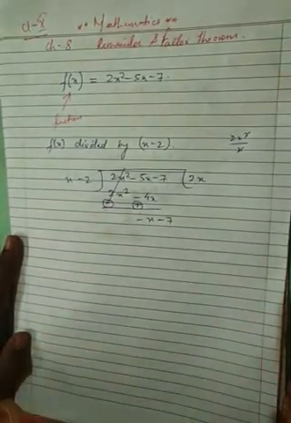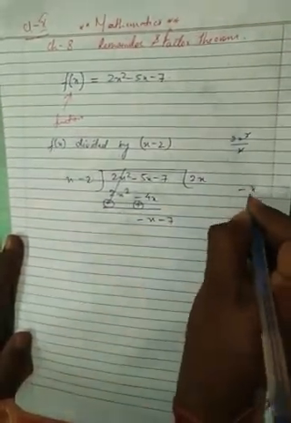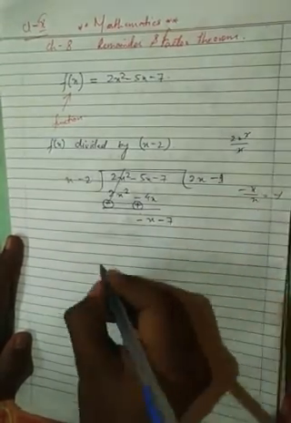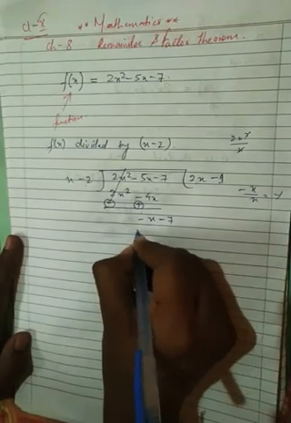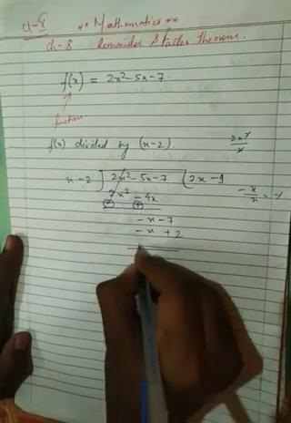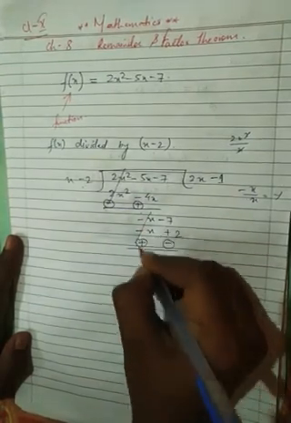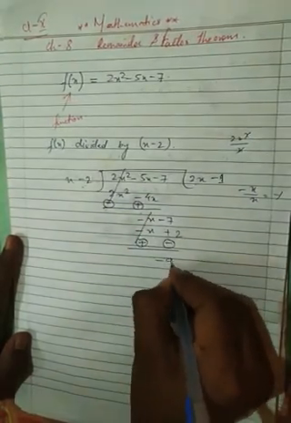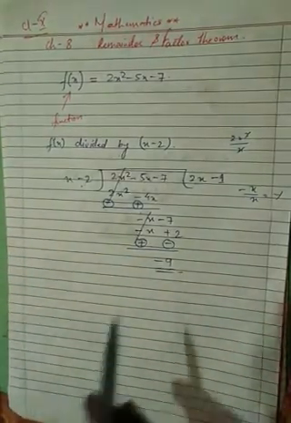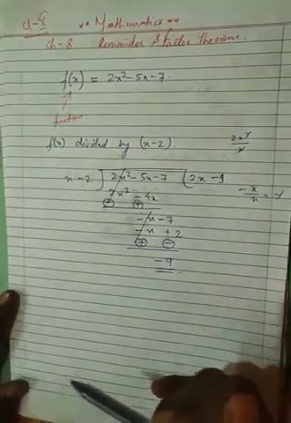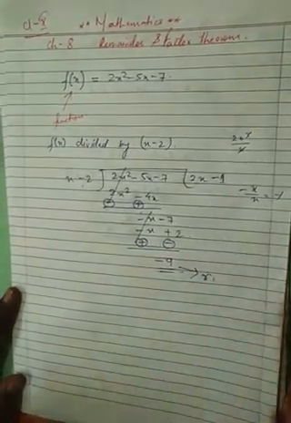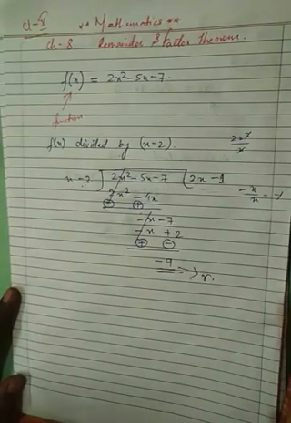Okay. Now you divide minus x by x, which will give you minus 1. So if I write minus 1 here, it will give you minus x plus 2. If you change the signs, this will get cancelled. The 7 minus 2 is minus 9. Clear? Understood? Seeing this division, the quotient we have got is 2x minus 1, and the remainder is minus 9.